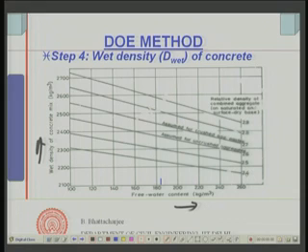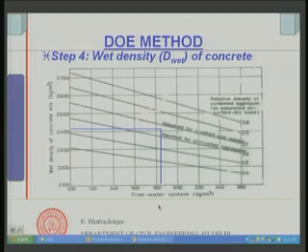Now, supposing I have less specific gravity, obviously the wet density will be lesser. Higher the specific gravity of the aggregate, wet density is higher. And again, the aggregate has a specific gravity of 2.6 or 2.7, or up to 2.9 from 2.4. Cement has a specific gravity of 3.15, whereas water is the material which has the least specific gravity or least density. So, its contribution towards the wet density will be least. So, as the water content increases, the wet density reduces, and it has been plotted for various specific gravities, because cement specific gravity is by and large the same.